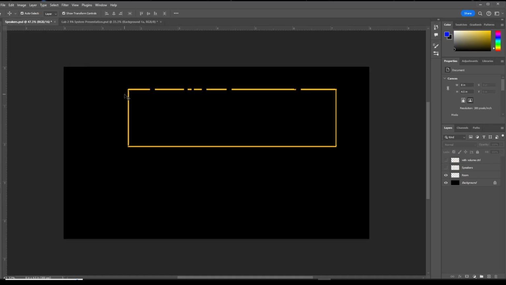We do have a room here. This is the ceiling, or maybe it could be a hallway. This is the floor, and these are the walls. Now let's add some graphics to it here. Here's a symbol for an amplifier,